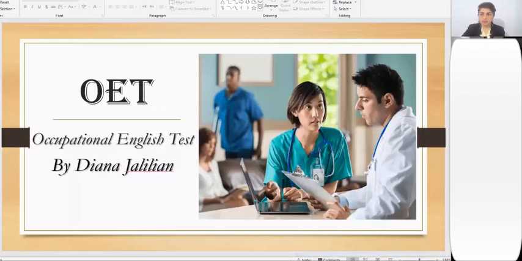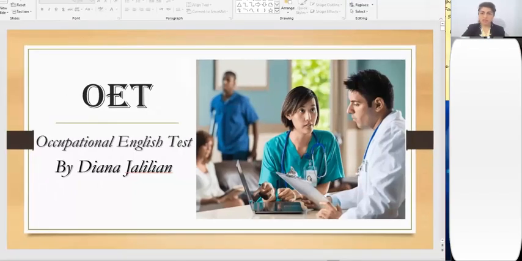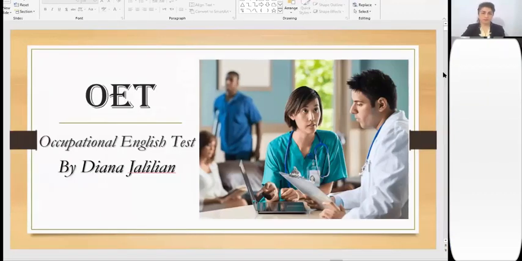How is the quality of the picture? Do you have my screen on your computer? It's clear. Okay, great. Yes. Great. Okay, now